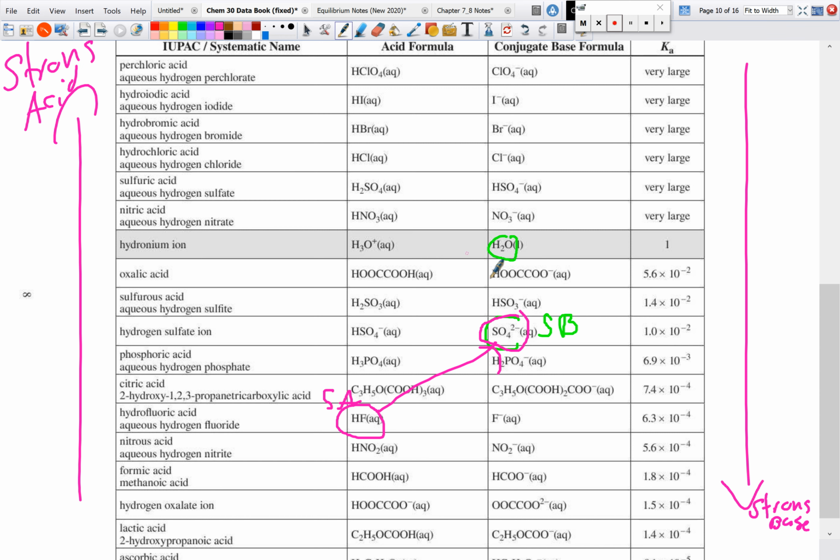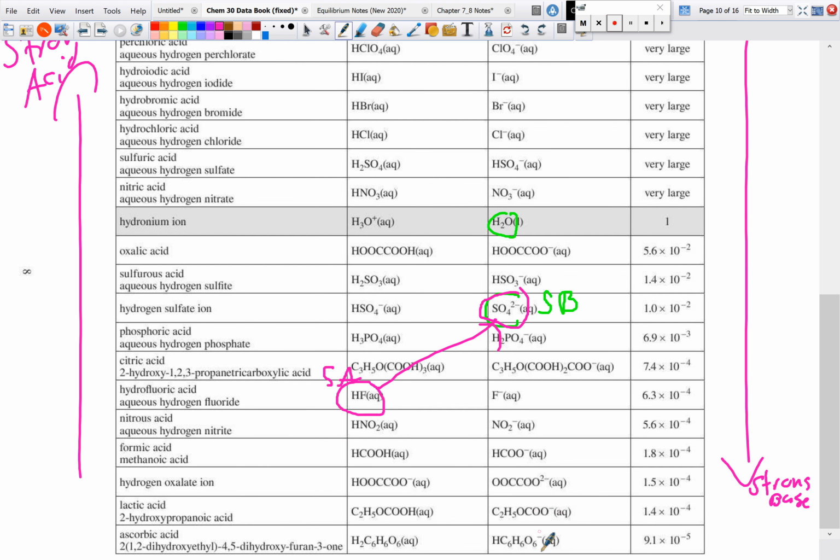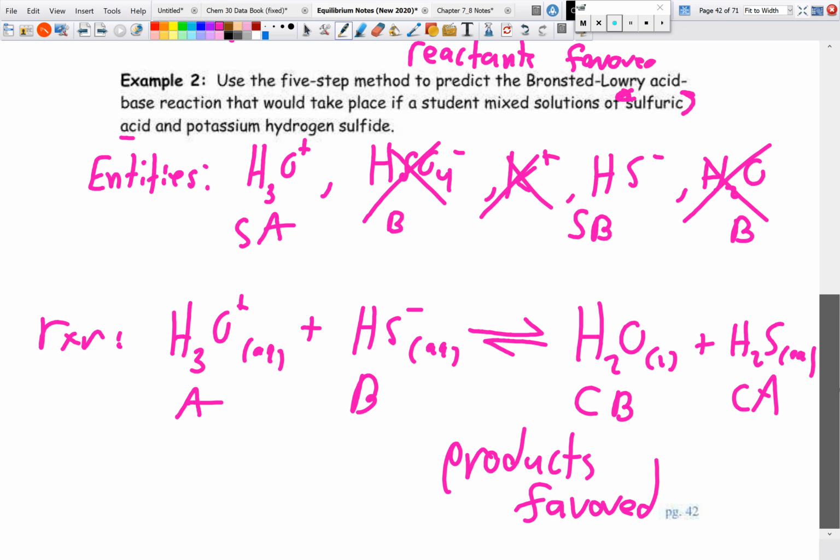Then when you look at your data booklet, you'll notice that our strongest base there, the one closest to the bottom right, it's down a lot further. It is the hydrogen sulfide, HS-. And then, of course, our products are favored when you get that reaction. So the last 2 examples on the next page,